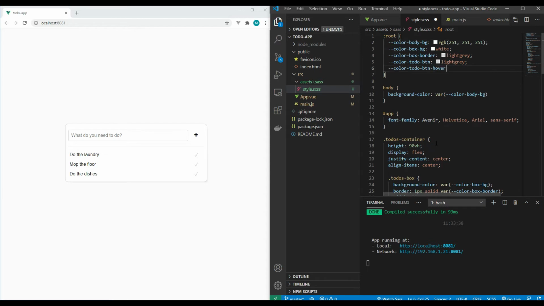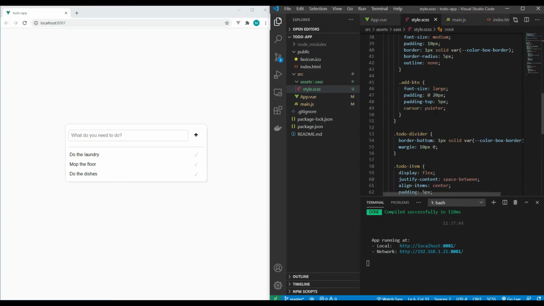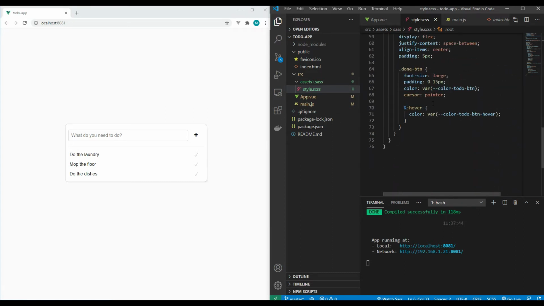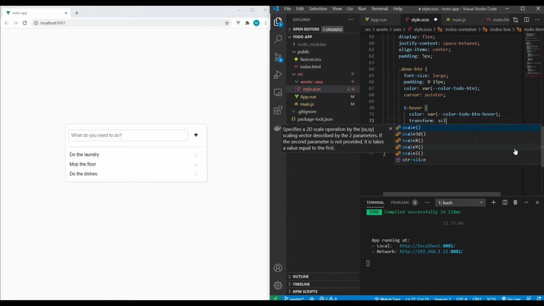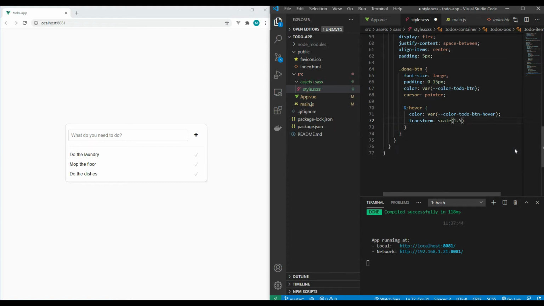Let's, for example, have it as black. Yeah, so now we will have it like this. It would be good if it grew when we hover on it. Let's do that. We'll do transform scale 1.5. Yeah,